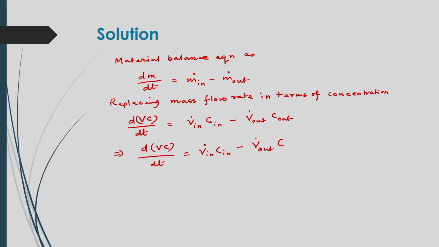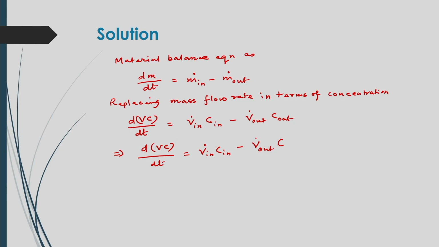Now, since water is flowing into the vessel at a rate of 40,000 liter per hour as input rate, and if we consider only the water balance, accordingly we can write